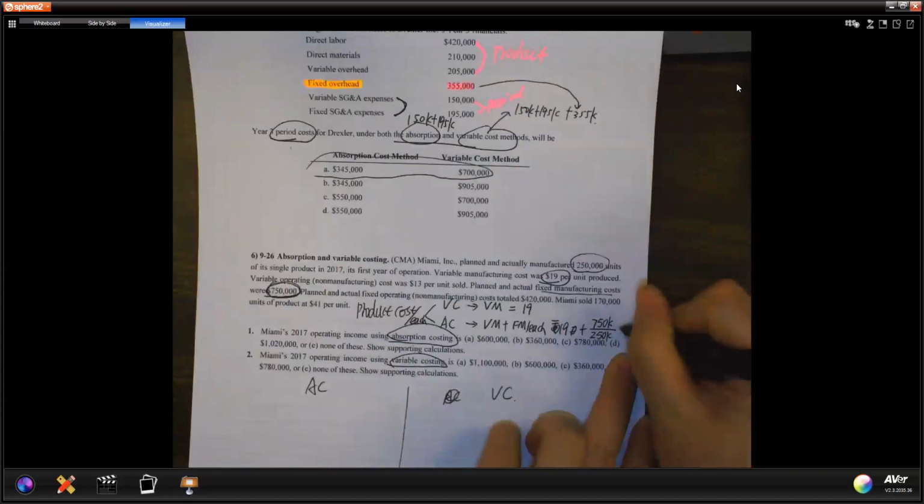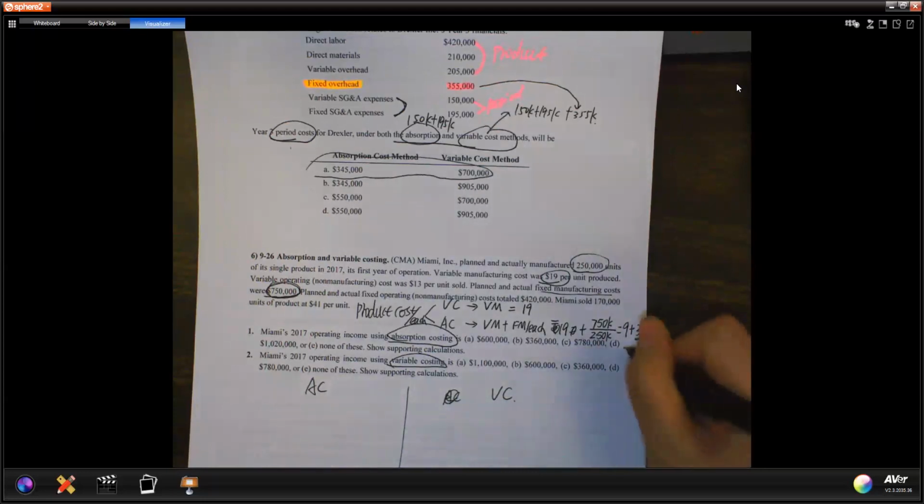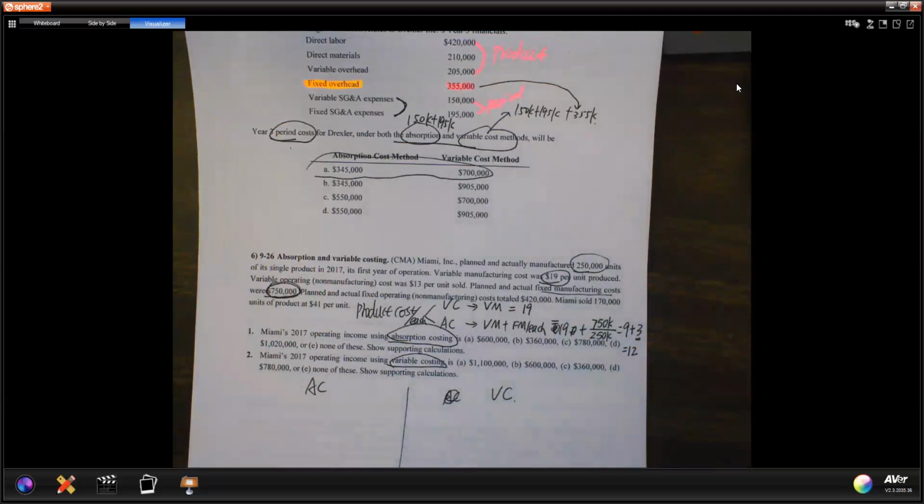So each unit is allocated $3 as the allocated fixed manufacturing cost, right? So for our product cost for each unit, sitting in our balance sheet as inventory,